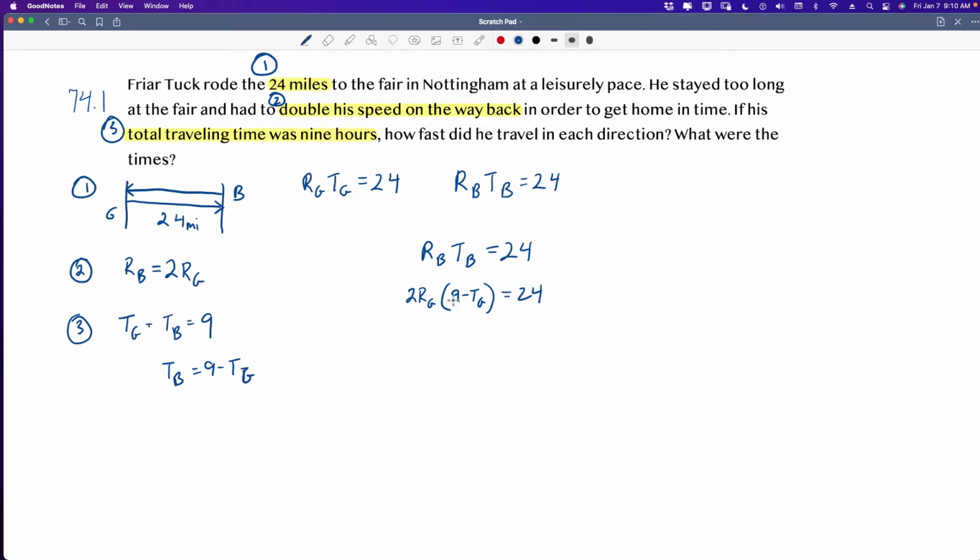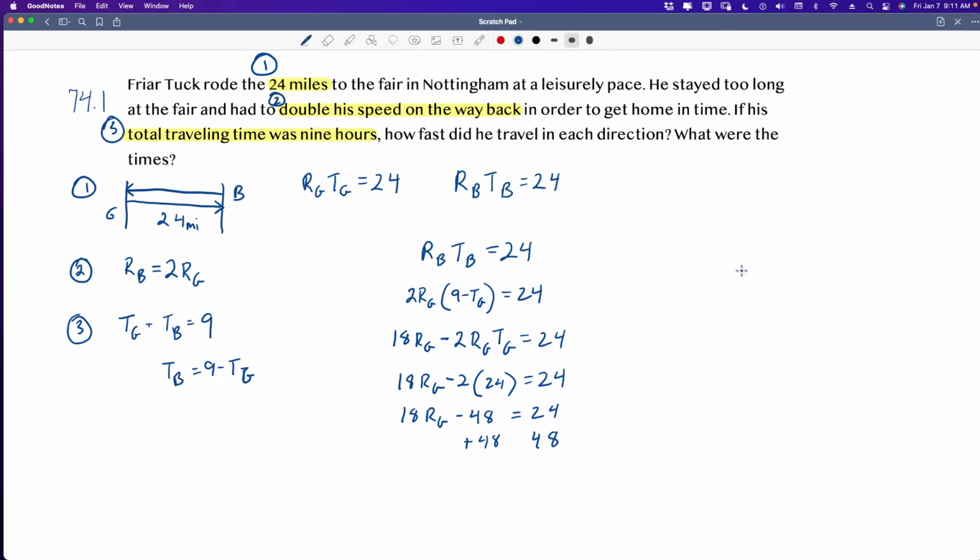So now we can multiply. That's going to be 18 RG minus 2 RG TG equals 24. We already know what RG TG is, so we can sub that in. So 18 RG minus 2 times 24 is equal to 24. We know that this is going to be negative 48. So if we add 48 to both sides,